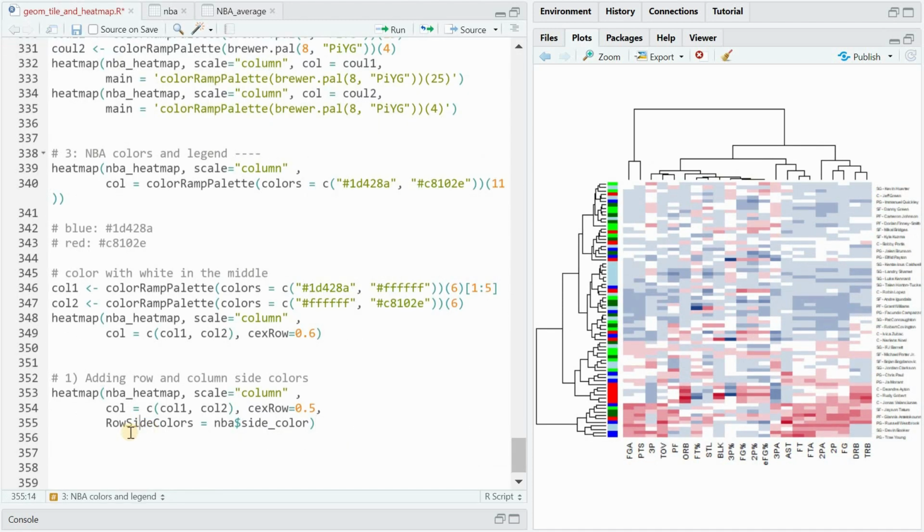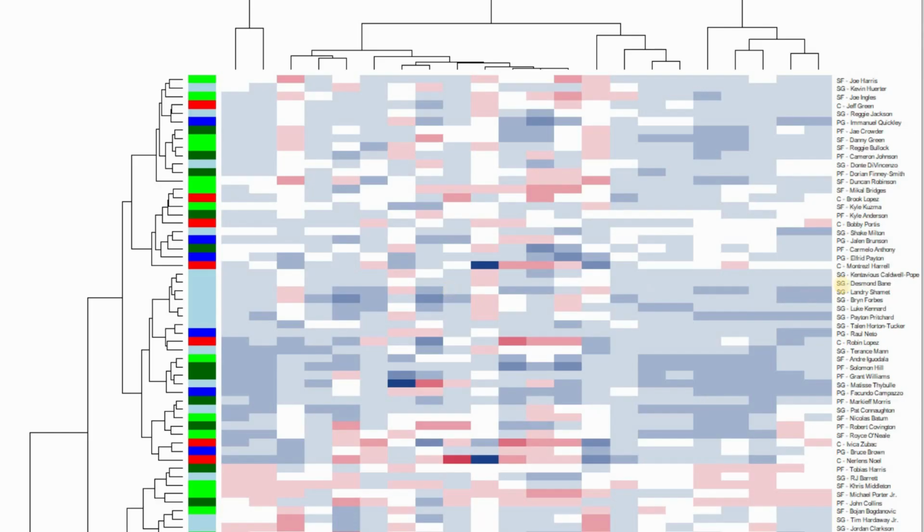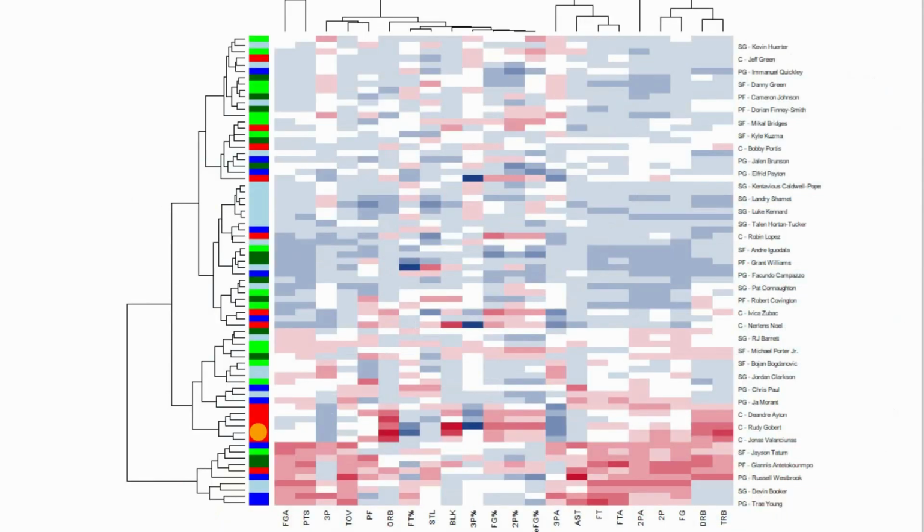And it's really easy to do. There's a function argument called row side colors, and you just give it a vector of colors that has the same order as the original data matrix. And if you zoom in now, you can, for example, see that there's a big cluster of shooting guards visualized by this light blue. And here you have a cluster of green and dark green, small forwards and power forwards, and then there's also a big cluster of red for center players.